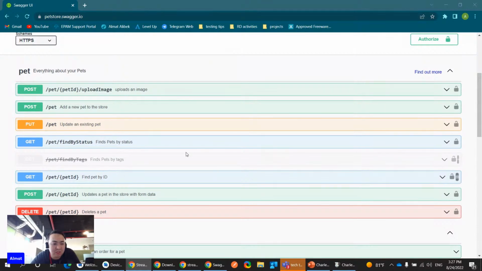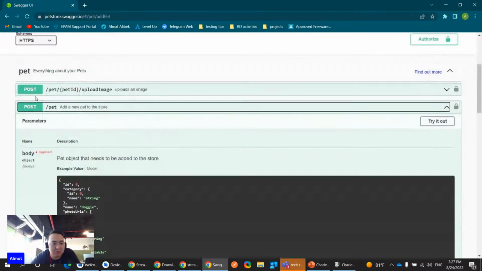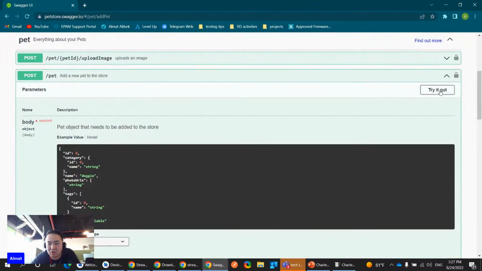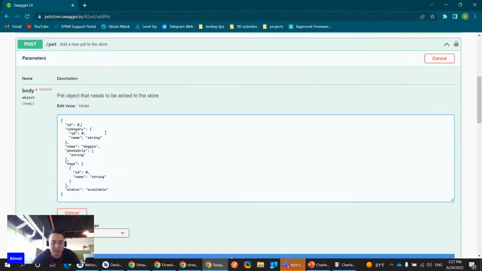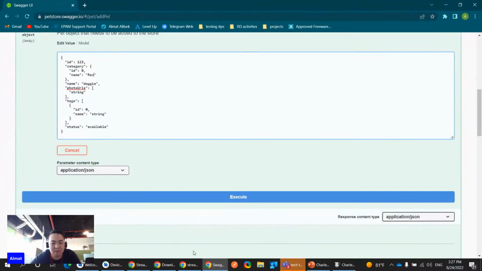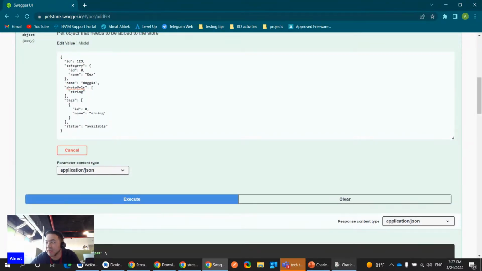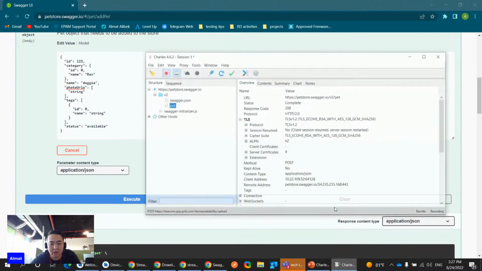So the first thing that I need to do is to create some pets. So here I go to this and I click Try it out. Let's create a new pet. Let's click, for example, 123 as the ID and give it a name. For example, let's give it just Rex. Here, let's click Execute. So if we open our Charles,